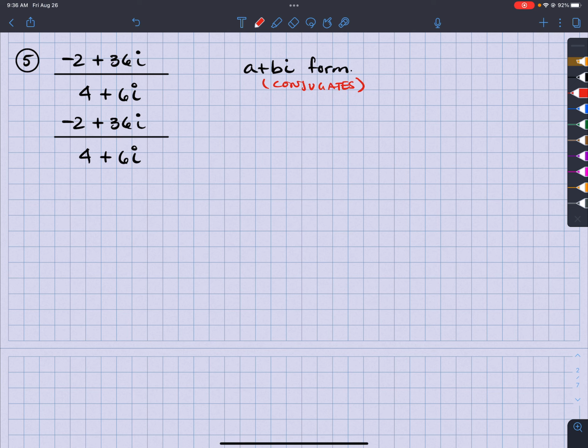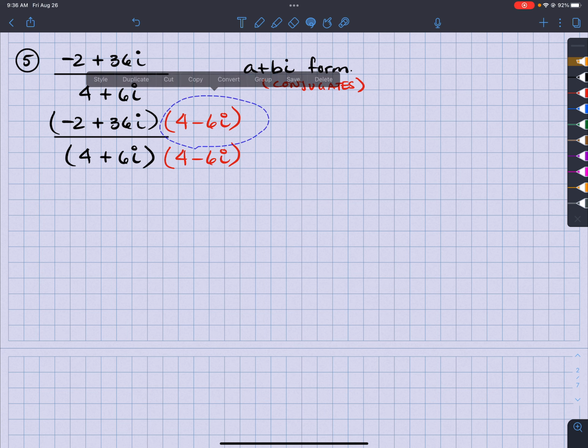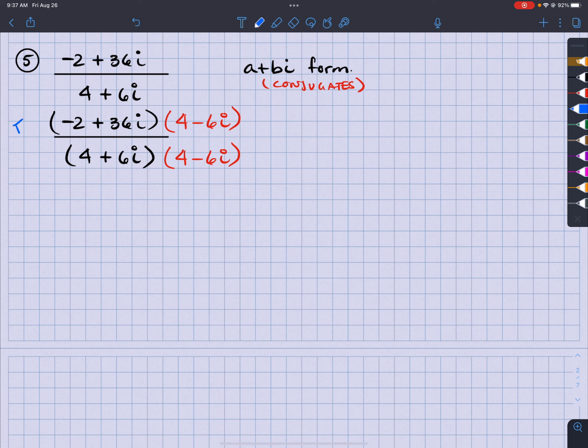Okay? So that means I have to, first of all, let's put parentheses around here. I have to multiply this bottom by its conjugate because that i doesn't belong there. So if I multiply the bottom by its conjugate, I have to multiply the top by the same binomial. All right. So the top, I'm going to have to FOIL. The bottom, because they're conjugates, you can actually flip. Because in the FOIL aspect, the OI actually falls out, leaving you with first and last, which would be FL. Okay, that's the only way I know how to pronounce it. But I'll go ahead and FOIL the top and the bottom for you